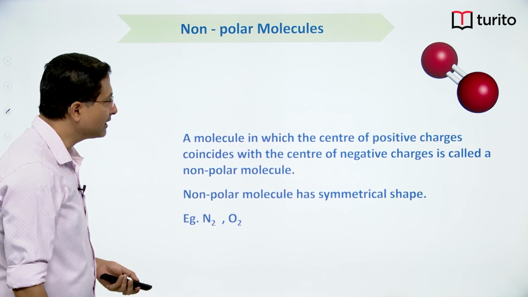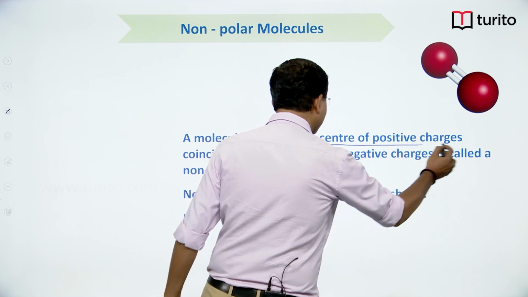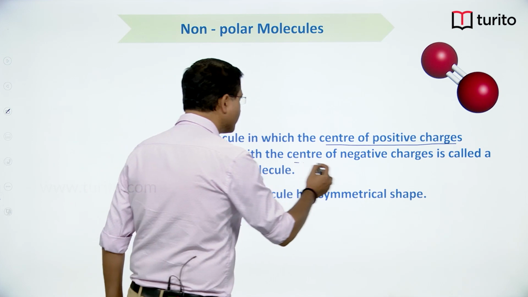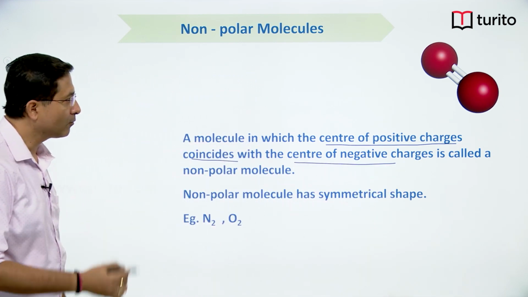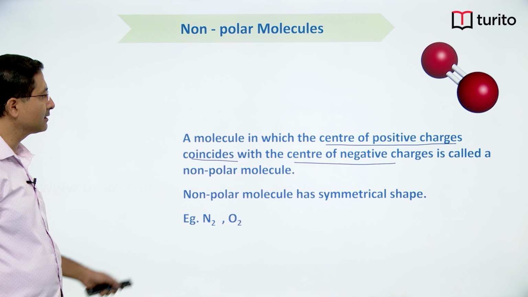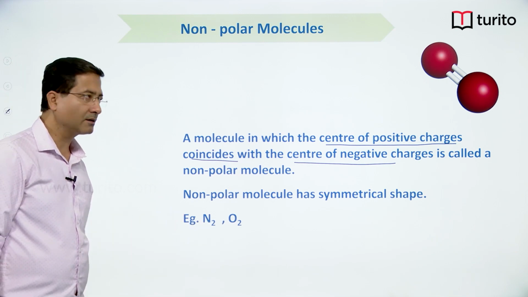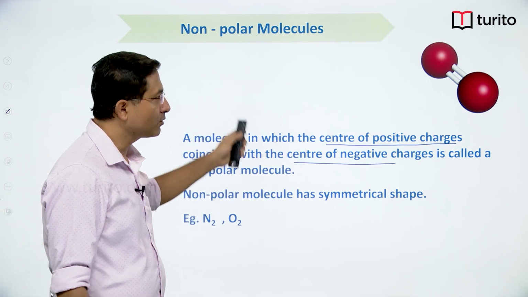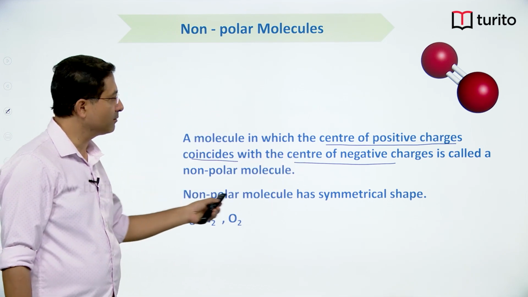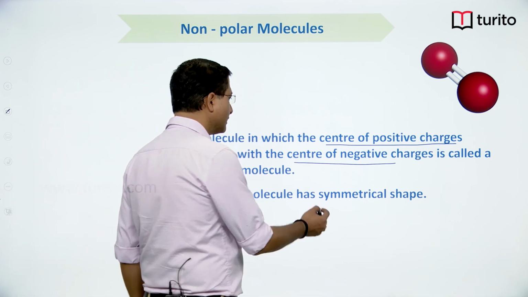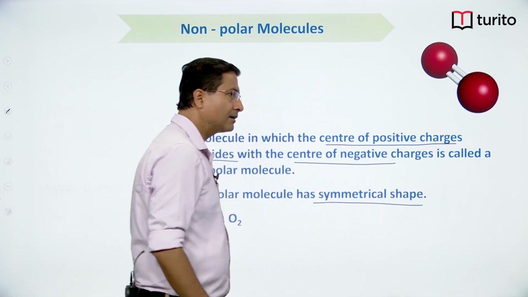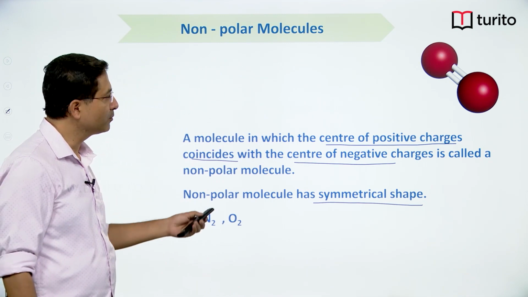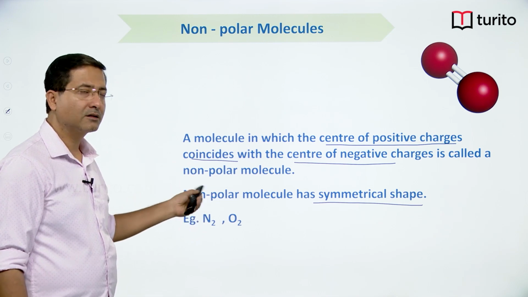So, the molecule in which the center of positive charge coincides with the center of negative charge is said to be a non-polar molecule, and examples are nitrogen and oxygen. So, these are examples of non-polar molecules. There exists a symmetry, so you can see that there exists a symmetry, and their positive charge center and negative charge center will coincide, and the net dipole moment won't be there, and this comes in the category of